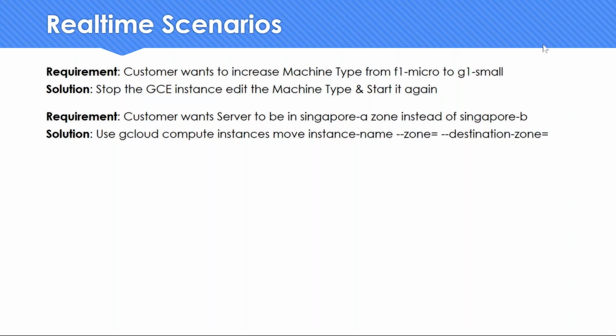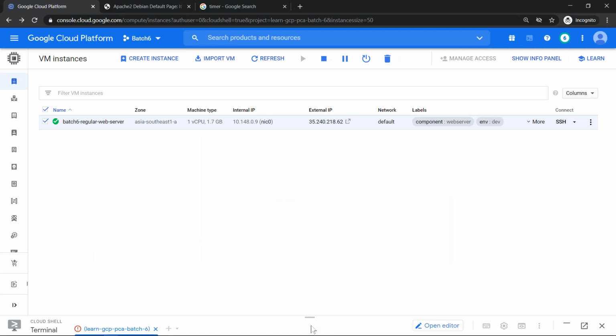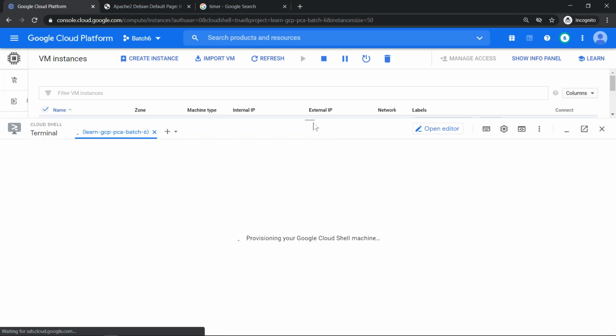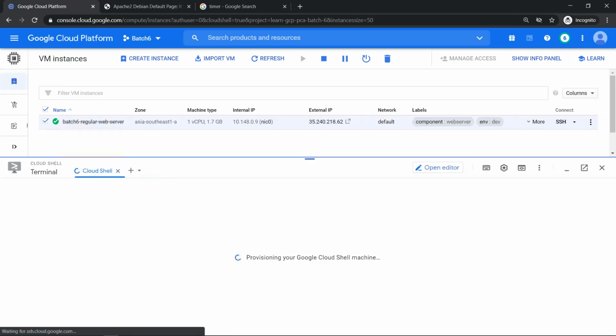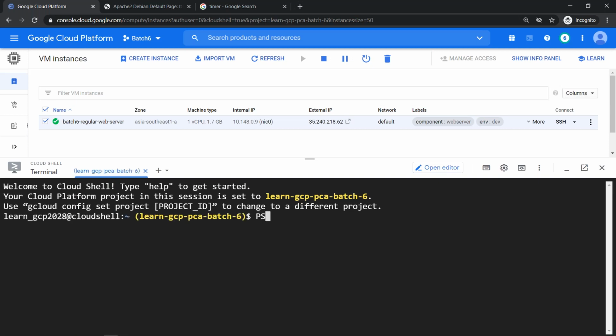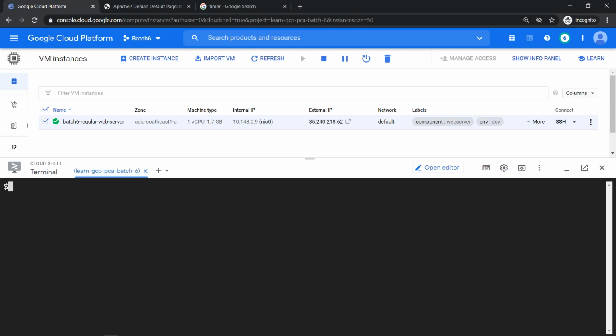Thank you, Mahesh. Yeah. So now let's try to do this command. Launch my Cloud Shell. The requirement is to move from Singapore A zone to Singapore B zone. That's the requirement. Now let me use the command gcloud compute